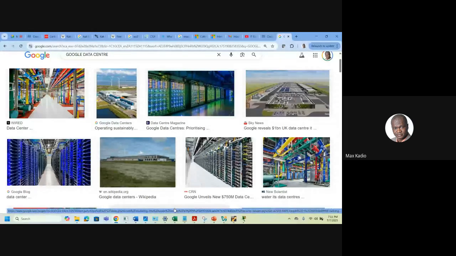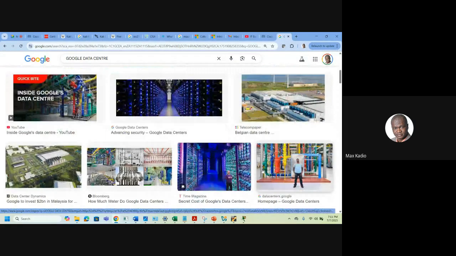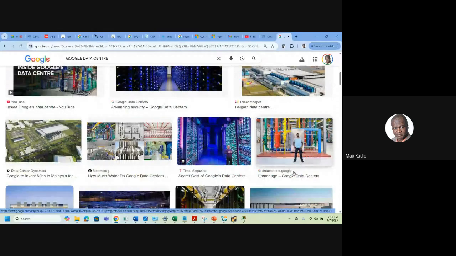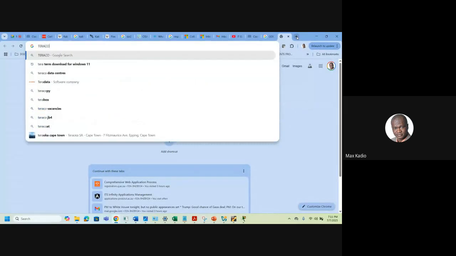Because it's not in South Africa, we say it's stored in the cloud, but that cloud is based in a country with a cloud service provider saving all our data there. It's very huge. In South Africa, we have a big one called Teraco.